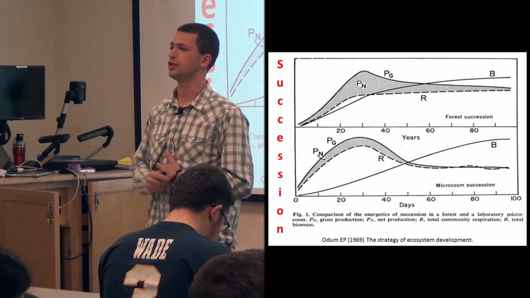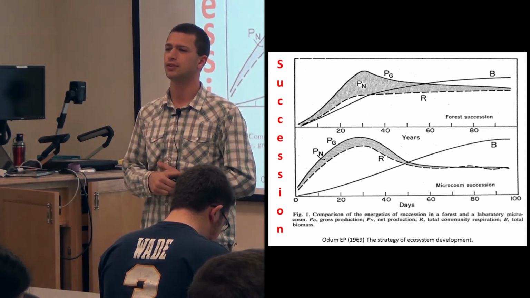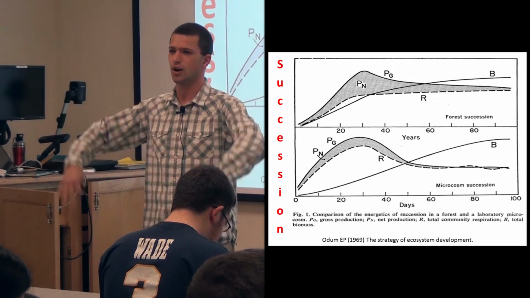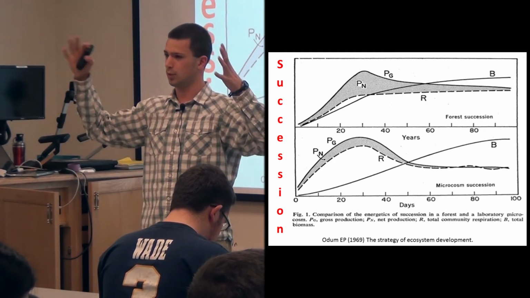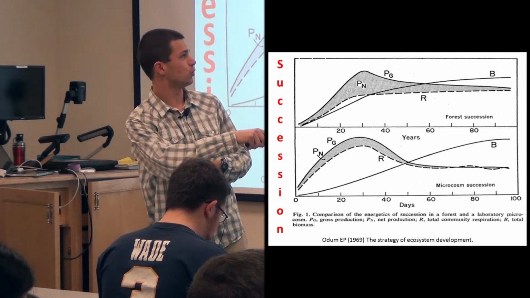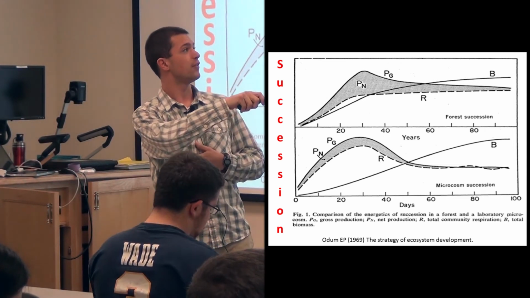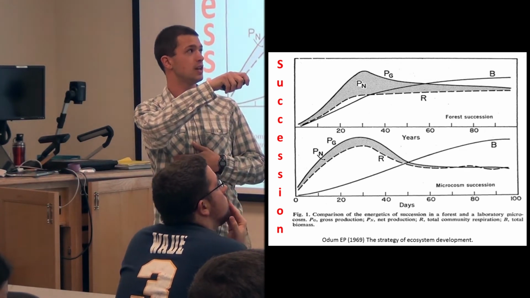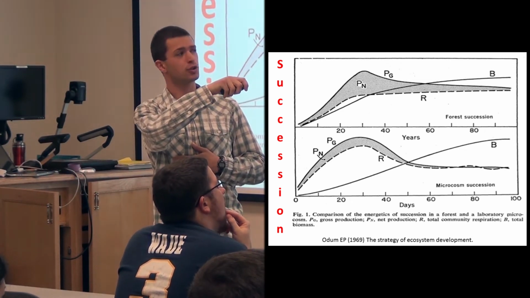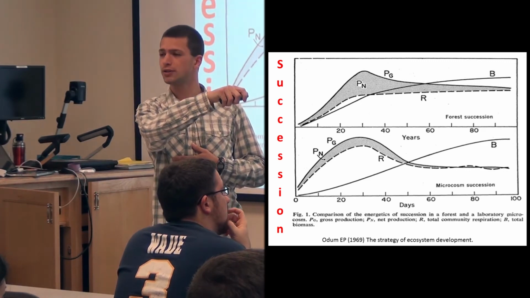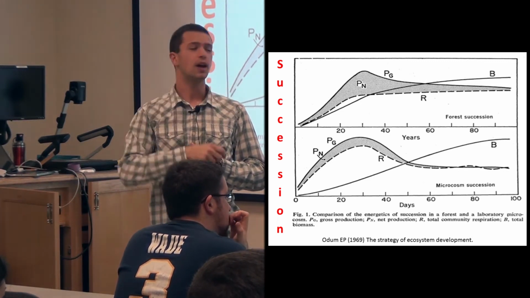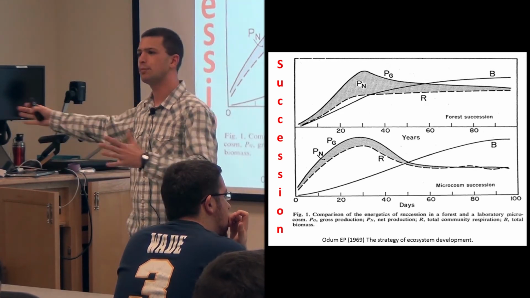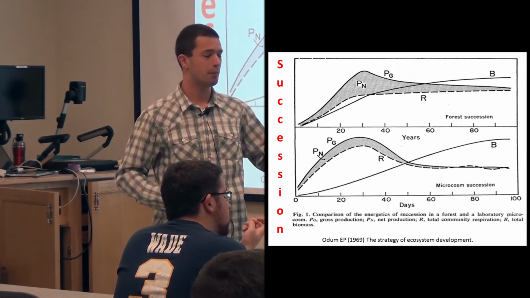You can see this in your gardens at home or in the abandoned field next to your house. When you have an abandoned field, all those weeds come in really quickly and they go nuts, but they don't last very long. That's what weeds are: basically this really initial rapid increase. Then you have this period in the middle where you have a really optimal situation, with a lot of productivity in that gray area. And then as the system matures, it stagnates and plateaus as it goes on into time. This is a very interesting concept, and we know these long time periods of big systems, what they're doing, and we'll come back to this in the end.